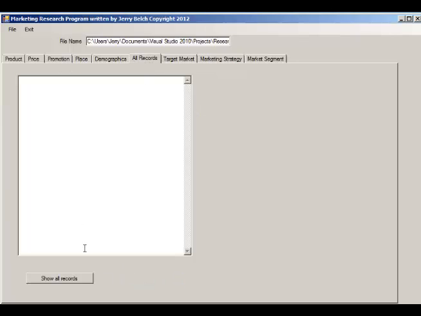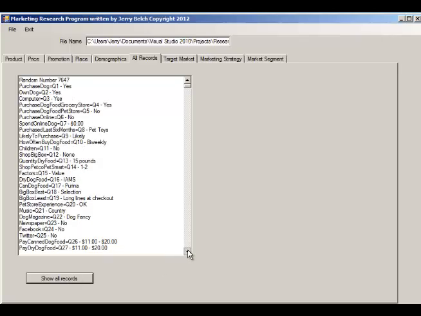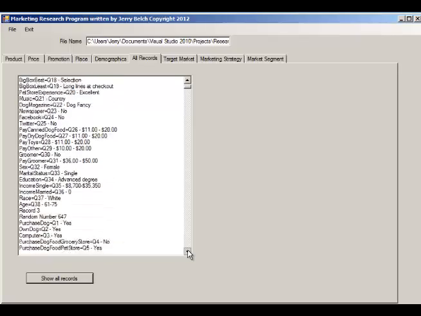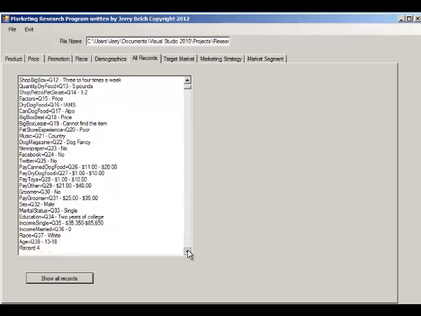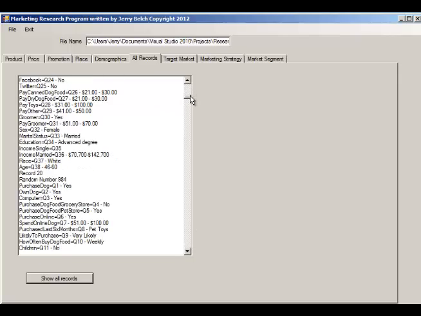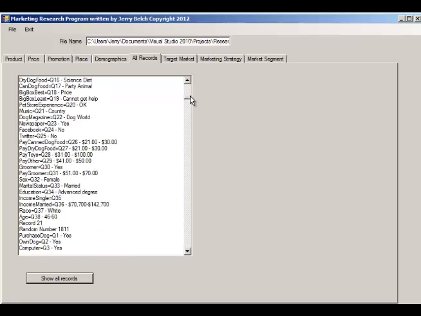Now we're going to go ahead and click on the All Records tab. This loads all the information for all the files. Click Show Records, and you can see here's the information that's in the file. It's all put together in order by record number. So we want to take a look at record number 19, and it takes a little while. It's probably faster if you either grab the bar up there or use the wheel on the mouse to find